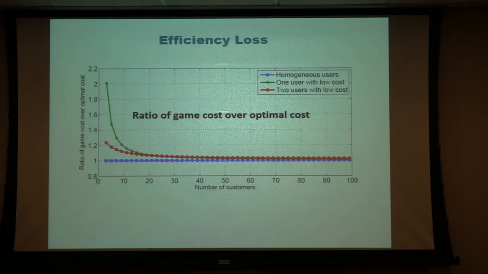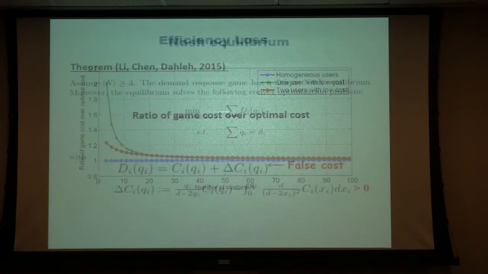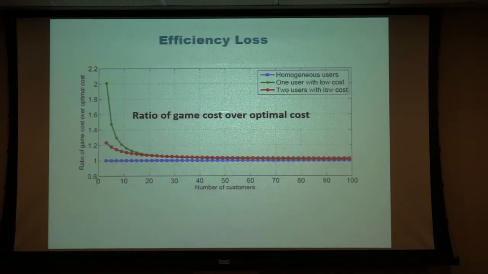Anyway, from the simulation you see why we do this study. From the theoretical side, I see two extreme cases. If one person has an extremely low cost, in market terms it's called market power. In the other case, two persons can compete with each other, and other customers are very small, so they don't have much market power. If I introduce an additional big customer, they can improve the efficiency very much.